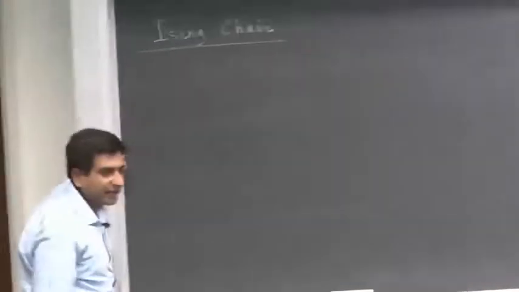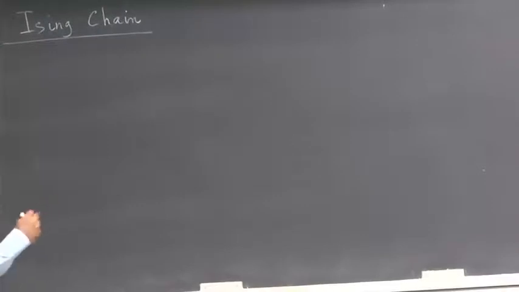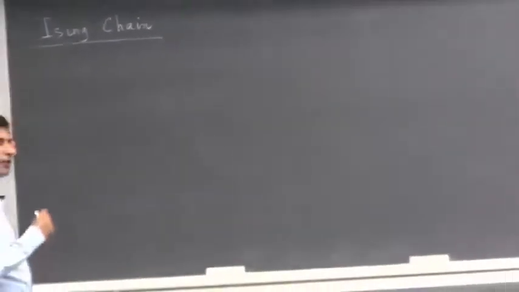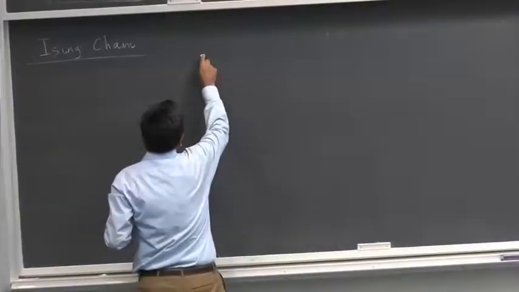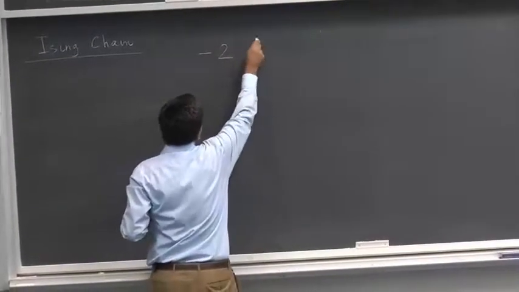Now, let me give you an example. First of all, of an Ising chain. A finite sized Ising chain or an infinite sized Ising chain. Now I am introducing an interaction. An interaction is of the Ising kind. So if I have 2 spins and they interact in this fashion, minus 2J